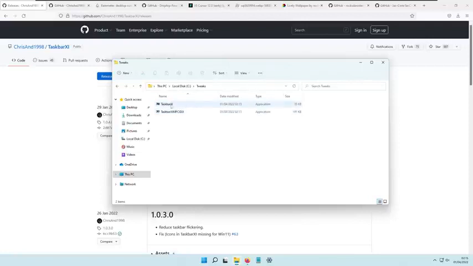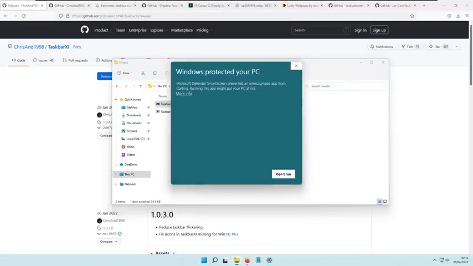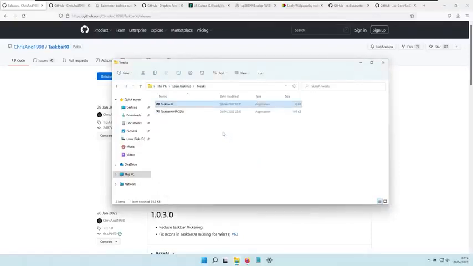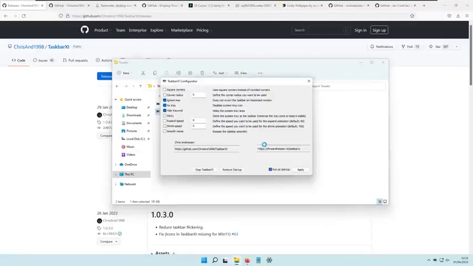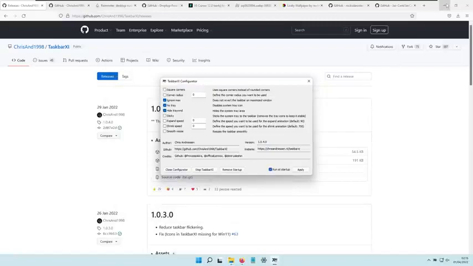And then I recommend that you launch the Taskbar XI program. Here you will have the prompt, click more info and click run anyway. And this should start the Taskbar XI, and this is basically the settings application for this program. So also double left click on this and click more info, run anyway, and this should start the configuration program